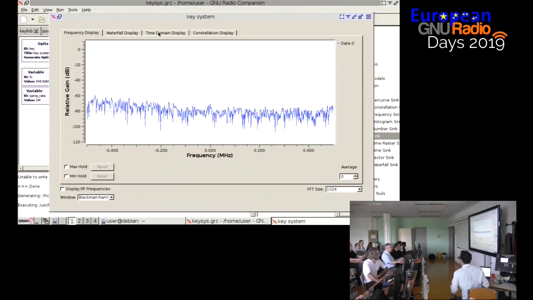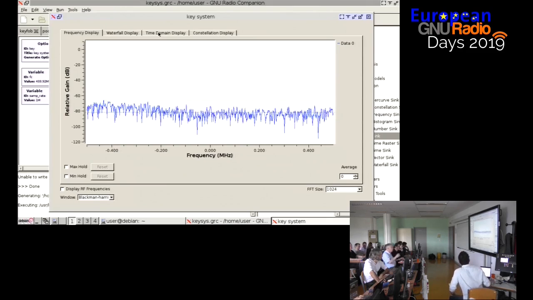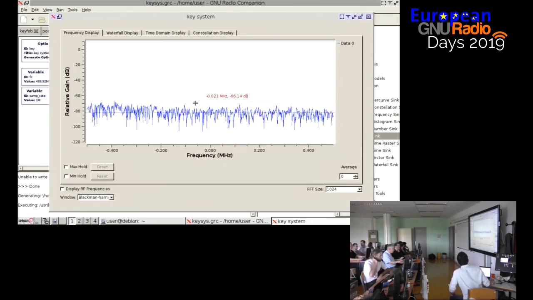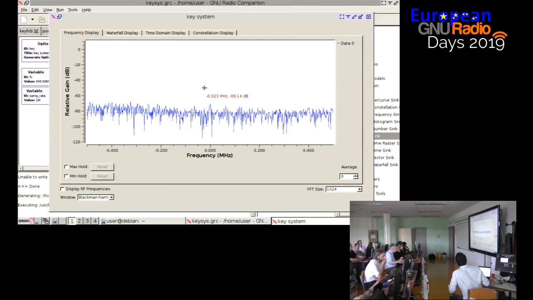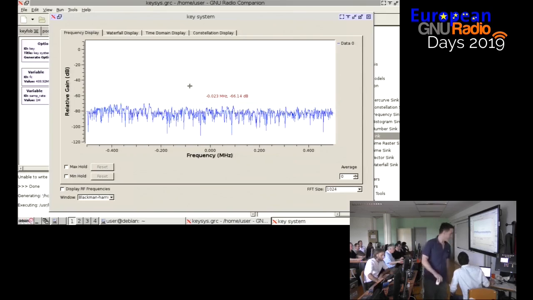So the first thing we can do is try to change the scale of our graphs to see what happens. So first thing here is we see from time to time something appear around here, right? If you look at it,